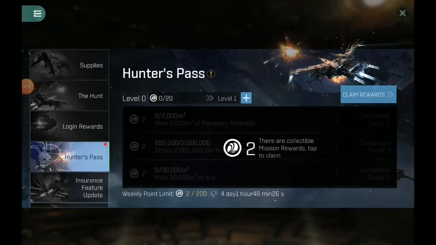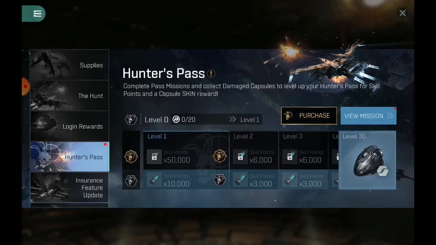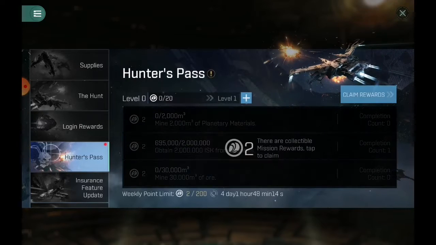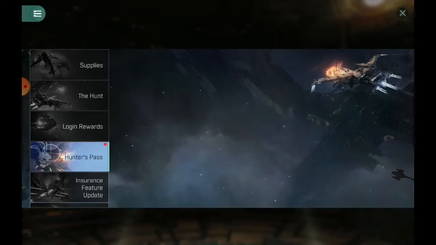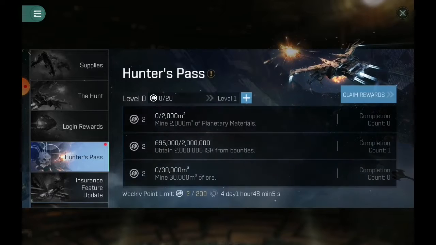Well, off a couple of those missions, I didn't collect much, but I collected 2 damage capsules from the event. I am looking forward to my 10,000 skill points on my level 1. It seems like it's going to take a very long time. Hopefully within 4 days I will be able to get that level. I'm not sure if that resets or not, but